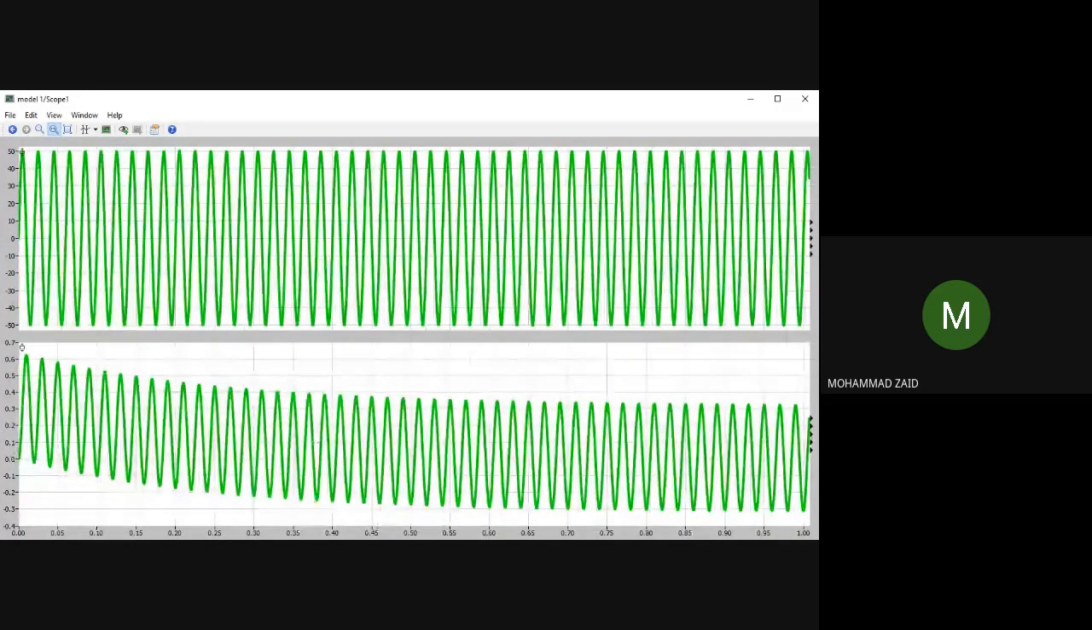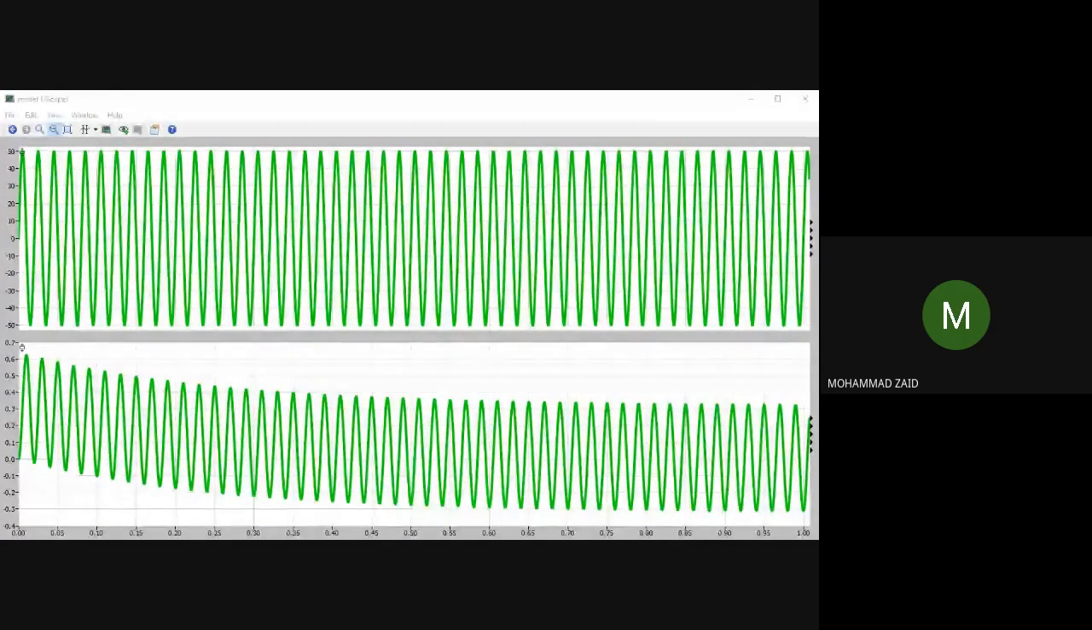Please observe this initial part. Please observe the voltage first. The voltage is a perfect sinusoid. It has a peak magnitude of plus 50 and minus 50 with a frequency of 50 hertz. Now, if you see the current, which is the inductor current, from this part where I am putting my mouse,